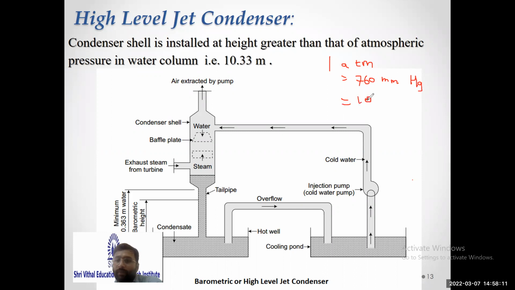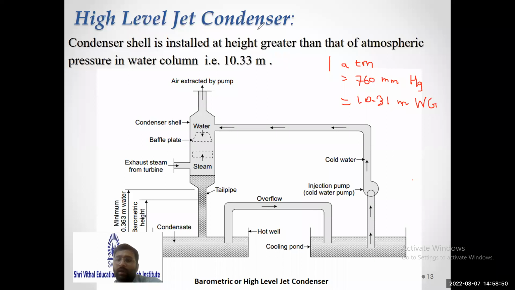1 atmosphere is 760 mm of mercury, or it is also 10.31, or here in this case 10.33, but it is 10.31 meter of water gauge. Have you heard of this 760 mm? 760 mm of Hg is 1 atmosphere, or 10.31 meter of water gauge, it is equal to 1 atmosphere. So when the height of this unit is above this 10.31 meter, in that case we go for high